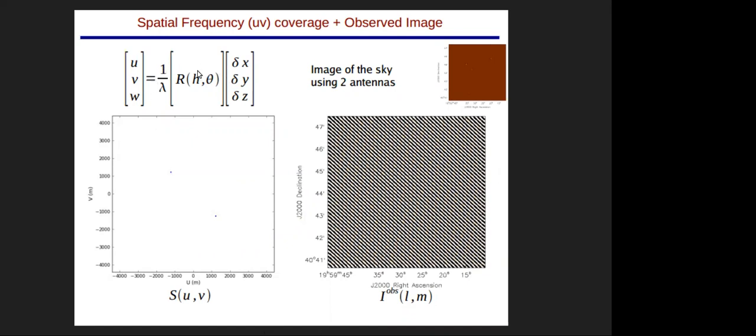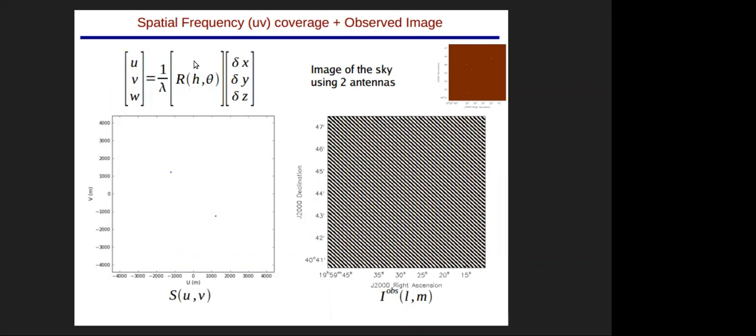And now in the top left, what I show you is that your visibility coordinates, that is UVW, your measured coordinates, have a metric relation with delta x, delta y, delta z. Delta x is basically the distance between two antennas in the xyz coordinate system. So this is basically a coordinate transformation.